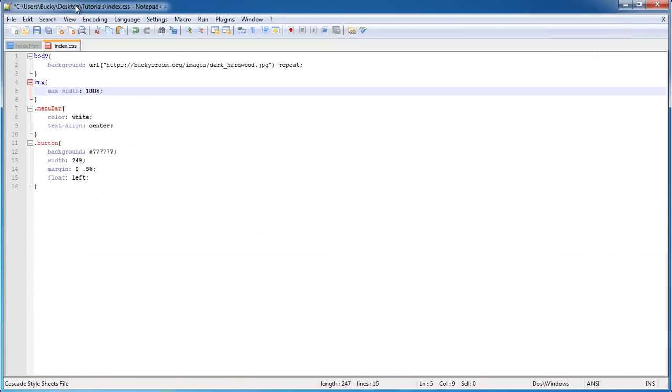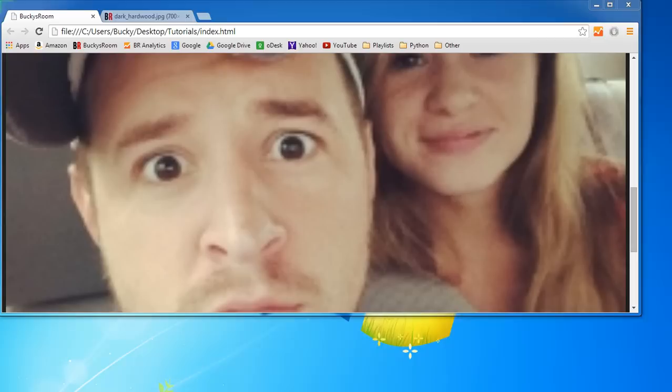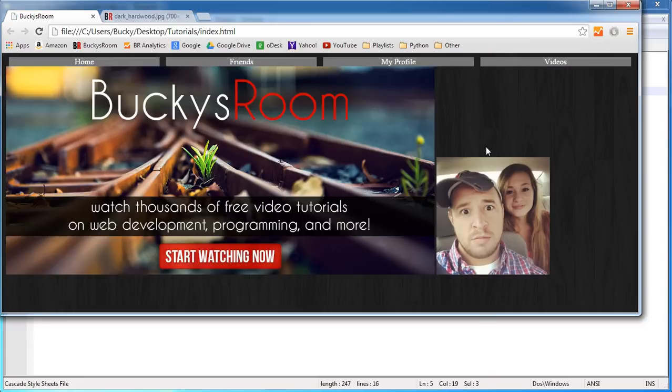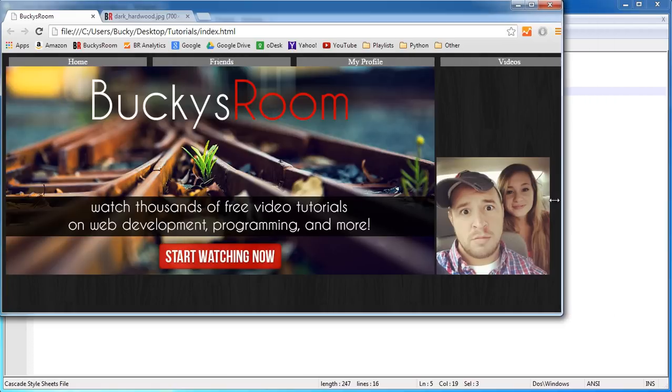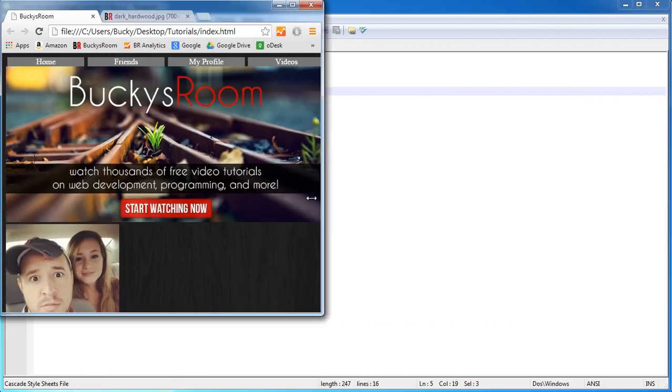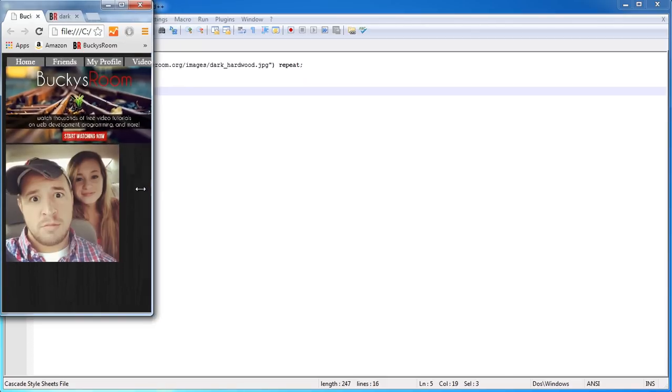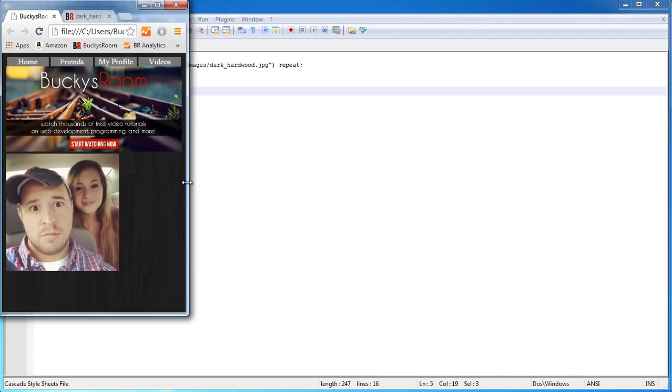set a max width of the image as 100%. Now whenever we save this, check out what happens. This is going to tell your website, okay, the biggest this image can potentially be is its normal size, 100% of the image. If we ever get smaller than that, just shrink it to the size of the window. Whenever we use max width, this is the preferred means to add images in a responsive web design